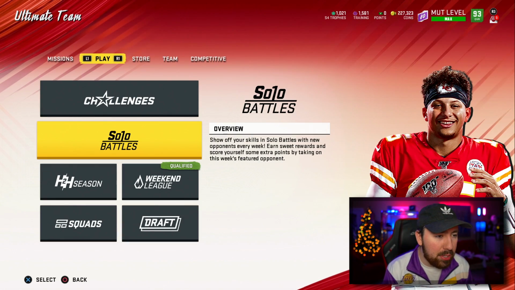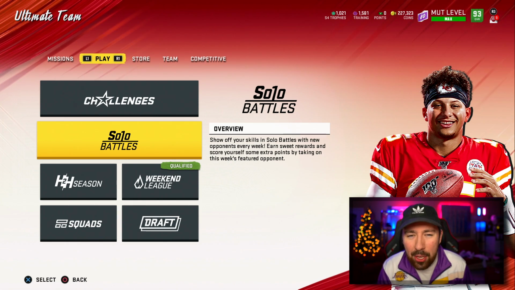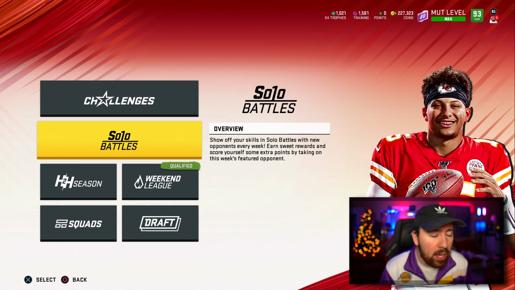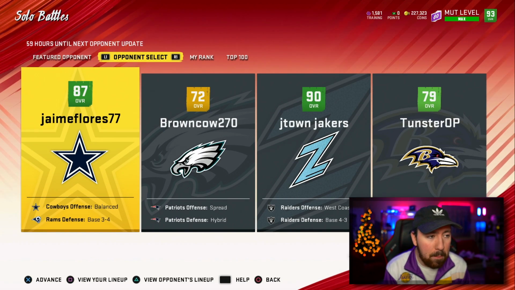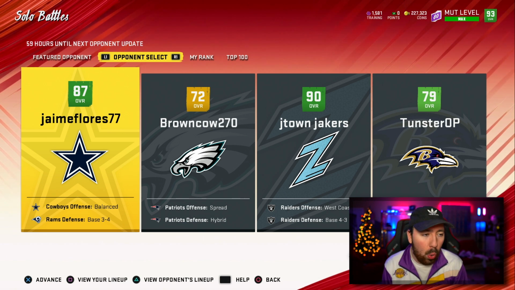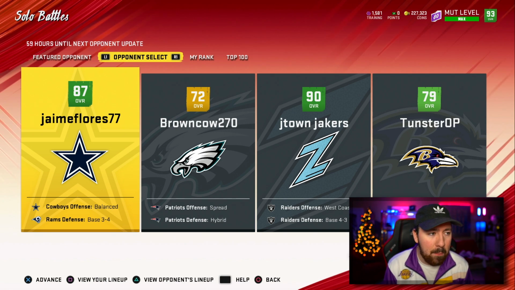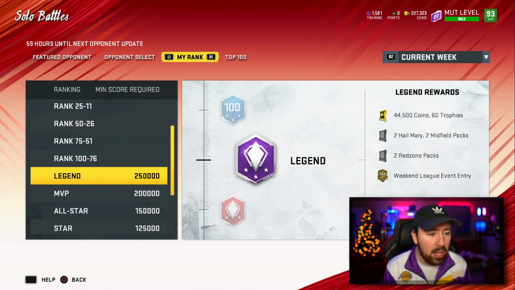The next thing that I would suggest, and this is something that I would do once you get like, I don't know, maybe an 80 overall team, 85 overall team, is to start playing solo battles. Now, solo battles are great for leveling yourself up, and they're also good for actually getting coins. All you really have to do is just win the game. Don't worry about getting the most points possible or holding the opponent to the least amount of points possible. Just win the game, make sure you play every single game, and you can very easily get yourself legend tier